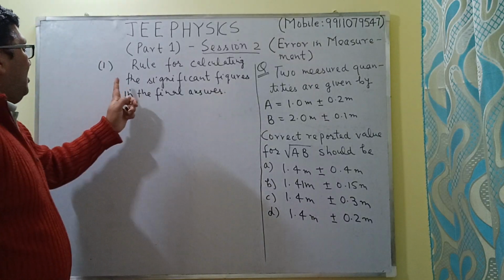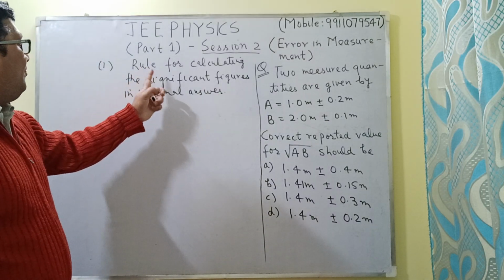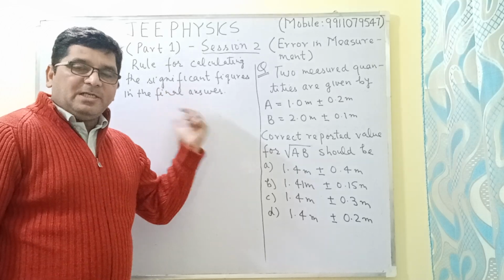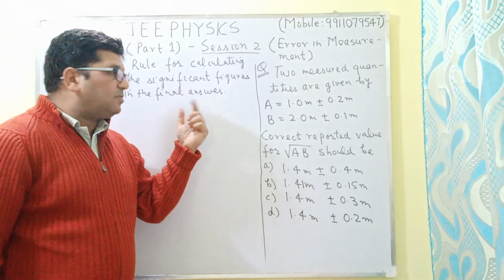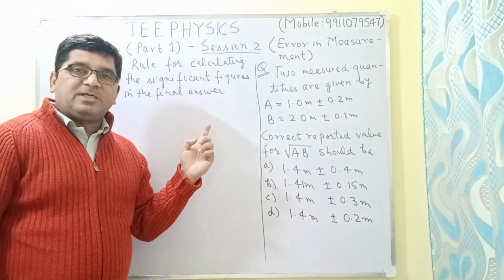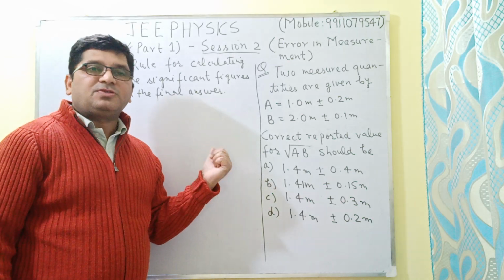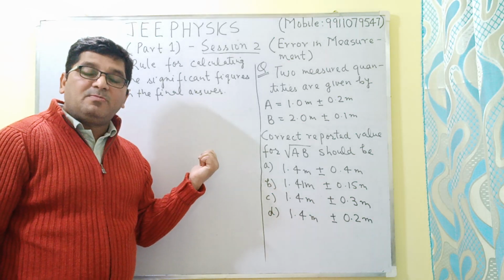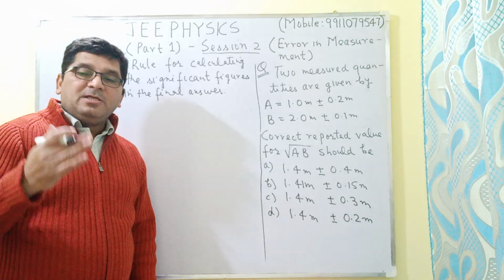According to this rule, the final answer should retain as many significant digits or figures as there are in the number which has got the least